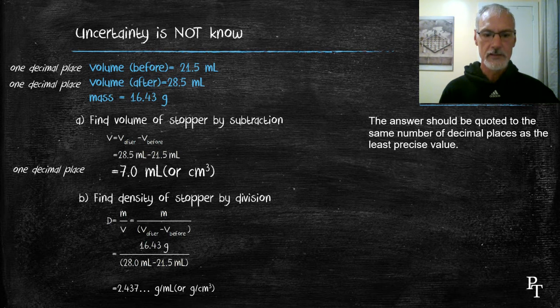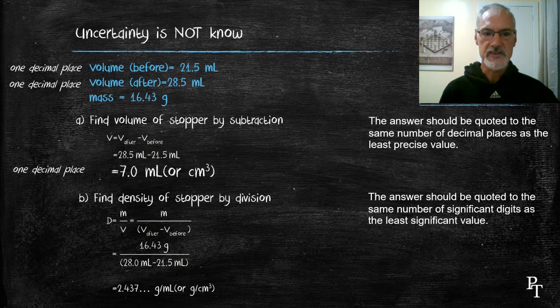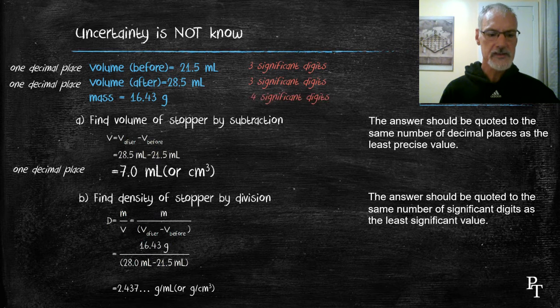Now I'm not quite sure how to round that off yet, so I'm going to take a look now at the rule. The rule states that my answer should be quoted to the same number of significant digits as my least significant number, not decimal places. It has to do with significant digits. Now, my first volume has 3 significant digits in it, my second volume 3, and my mass 4. So at first examination, I might say that my final answer should therefore have 3 significant digits